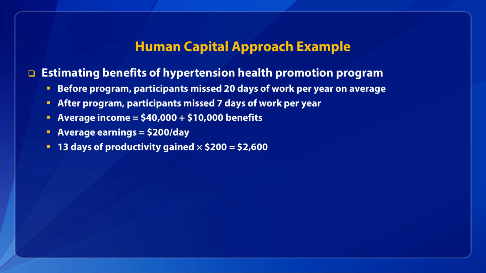Here's an example of how you would estimate the indirect benefits associated with a hypertension prevention program that increased productivity. If annual income is $40,000 and the fringe rate is 25%, then total earnings are $50,000. If you assume 250 working days in the year, then the average total earnings, including fringe benefits, are $200 per day. Before the program, participants missed an average of 20 days of work per year, but after the program, the